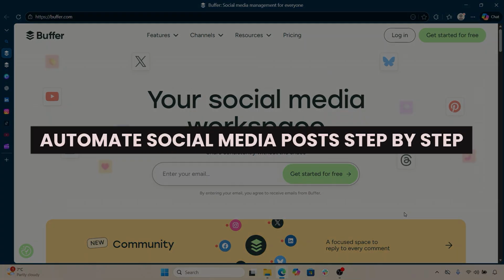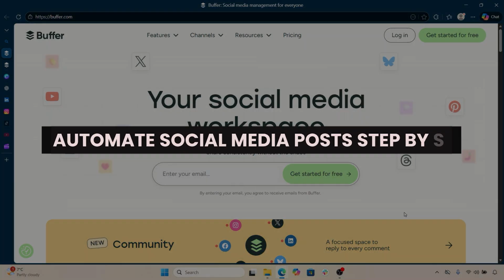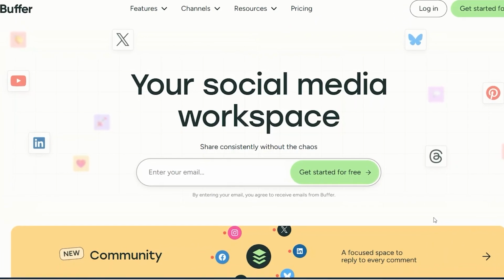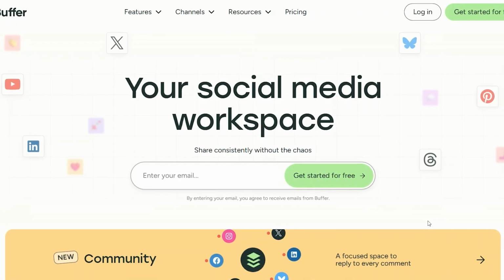How to automate social media posts step by step. Social media automation doesn't need technical skills or paid tools. A simple system can handle content creation and scheduling together. ChatGPT helps you write posts faster and more consistently, and Buffer connects all platforms into one workflow. In this video, I will be showing you how to automate social media posts step by step using ChatGPT and